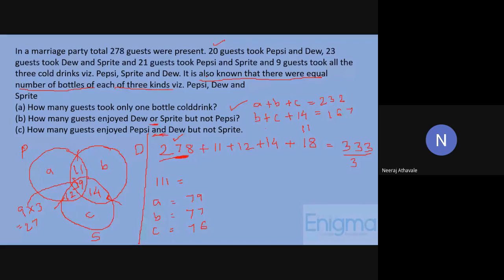Perfect. Okay, I guess everyone saw the concept. You will understand it with practice. Try and solve these questions as much as possible. Most important thing, as we saw, start with the most central region, that is the 9 here. After that come 11, 12 and 14, where the mistake usually happens. So don't make these mistakes and you are good to go for these kinds of questions.